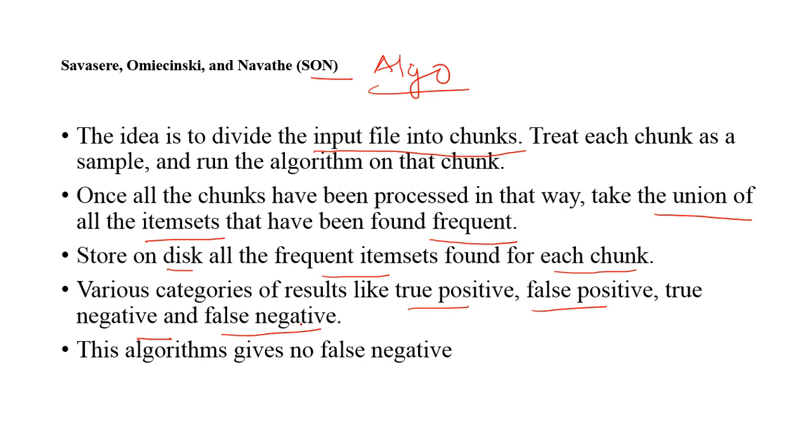And the most important thing of this SON algorithm, that this algorithm gives no false negative. तो no false negative का मतलब क्या होता है कि if your item set is not frequent, then it doesn't give that it's a frequent. Okay, मतलब अगर आपका डेटा अगर निगेटिव है तो बोलेगा नहीं कि हाँ चलो ये फ्रीक्वेंट आइटम सेट है. It also gives the answer is also false. Okay, so this algorithm gives no false negative. So I request you to find out the exact meaning of these four categories. That is up to you.